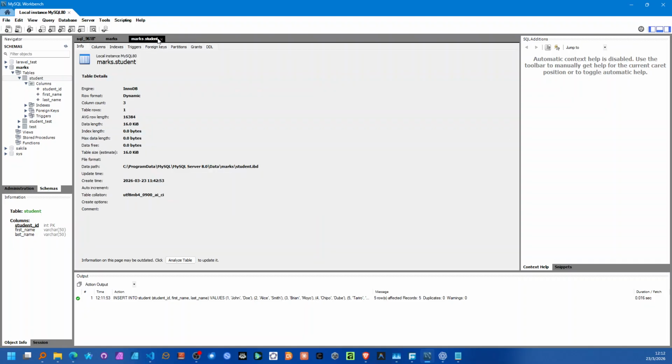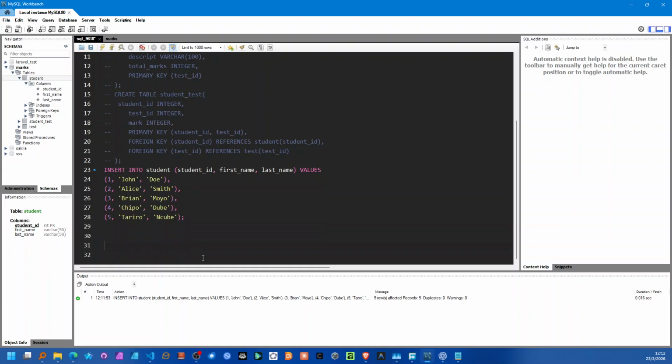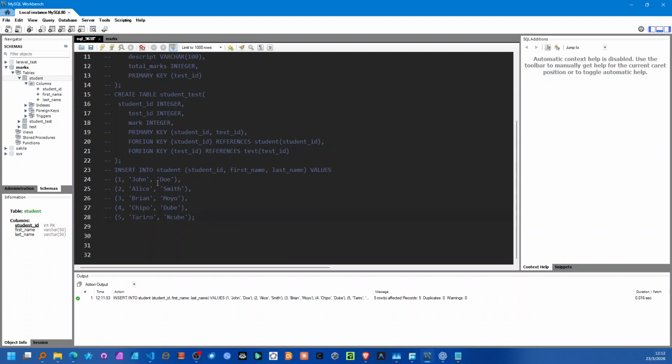So maybe what I can do is come back to the editor right here and save my script, so that we won't have any issues of the save dialog popping up. Maybe I can comment out this insert statement, because we've already inserted data into our particular